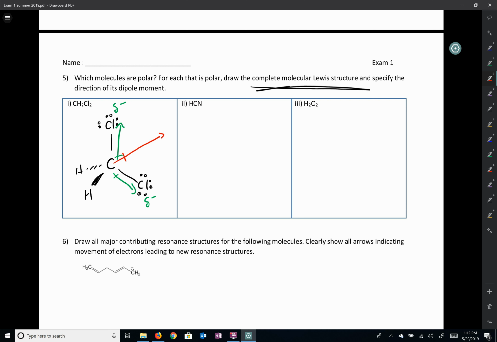The bond angle in here, everything is 109, idealized at 109.5. So the green vector arrows are not pulling in opposite directions. They're pulling at 109 degrees from each other. So the overall red vector arrow there is how the dipole will go. Okay. So HCN,